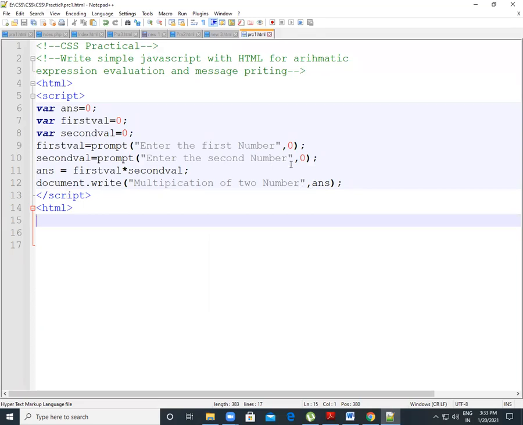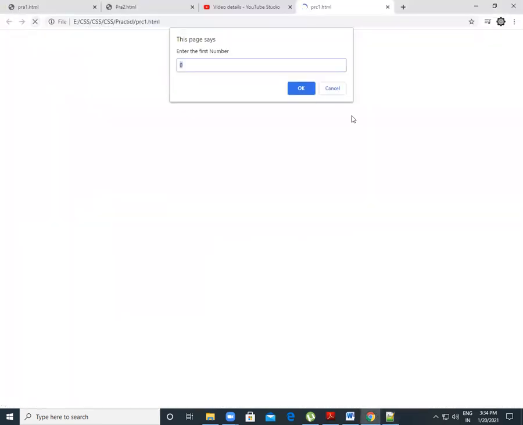Our first practical is completed here. Now let's save this program again and run it, with 20 and 200 this time. Yes, you got your answer.